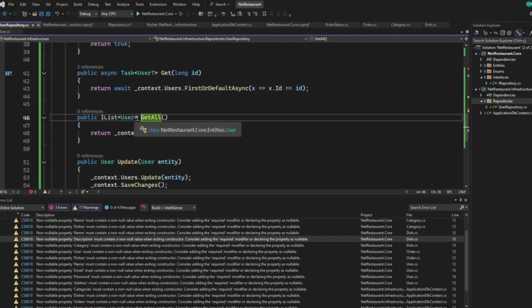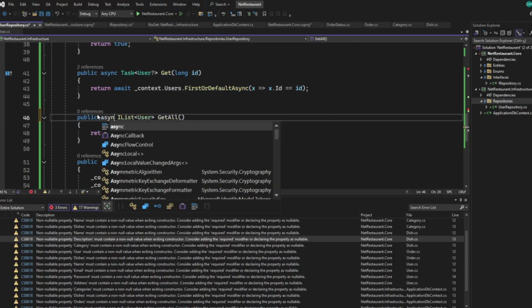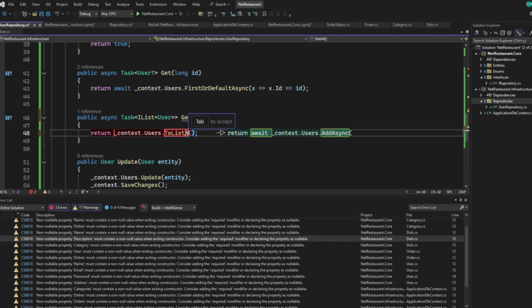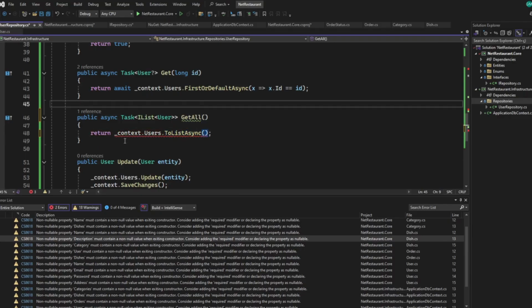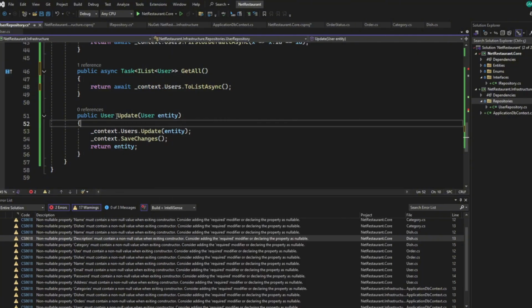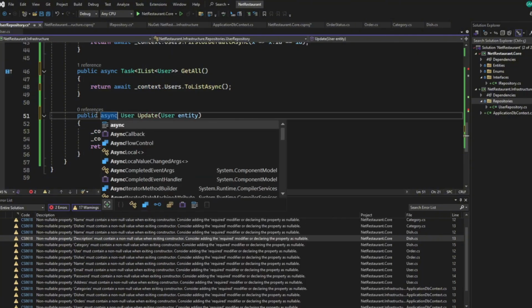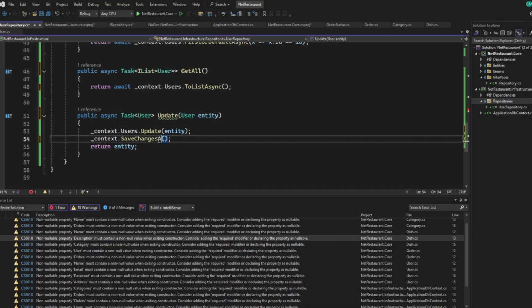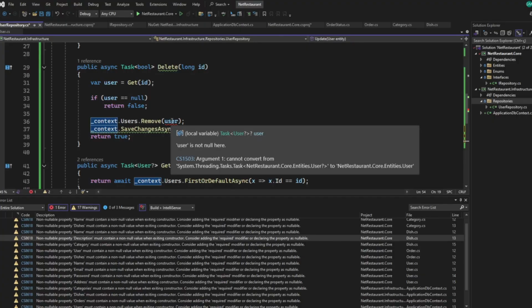Let's see our get all. Let's make it asynchronous. Let's use the list async. Let's await for that return. For the update, let's make this method asynchronous. Return a task. Save the changes async. And await for that. If you see now, I have an error